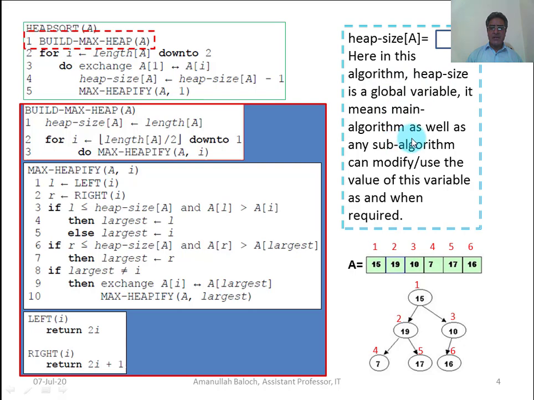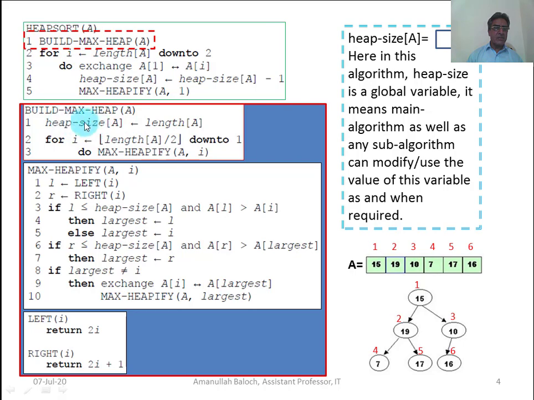It means the main algorithm as well as the sub algorithms can use and modify the value of this variable as and when required. You may see we are using heap size here in the heap sort algorithm, subtracting from the value of heap size, that is, modifying it because it is a global variable.